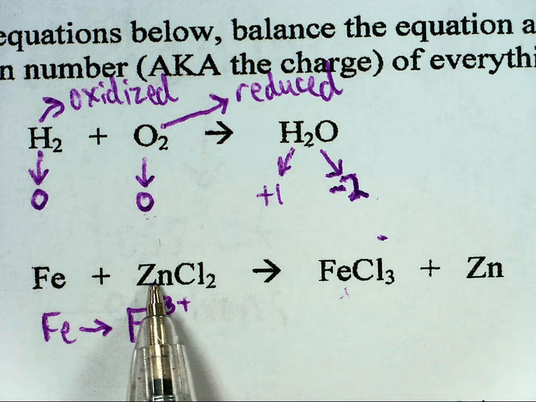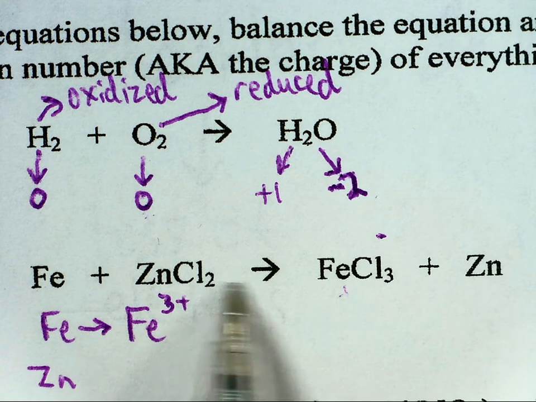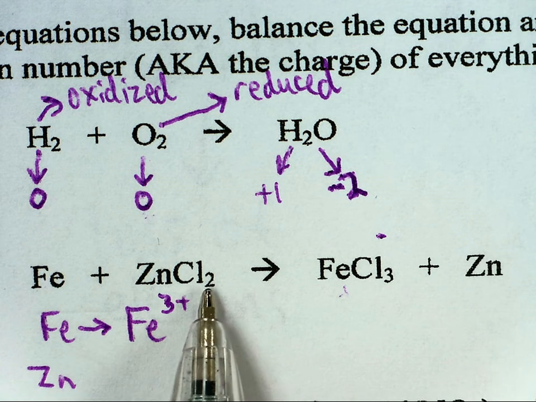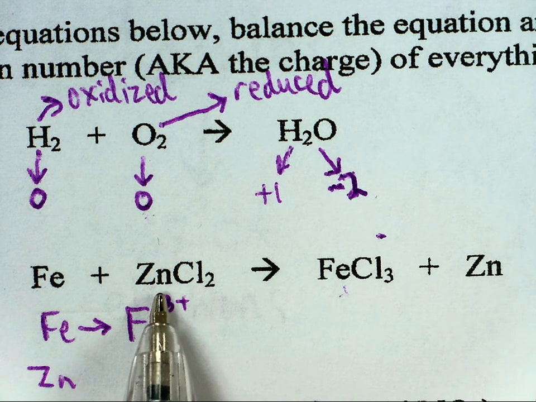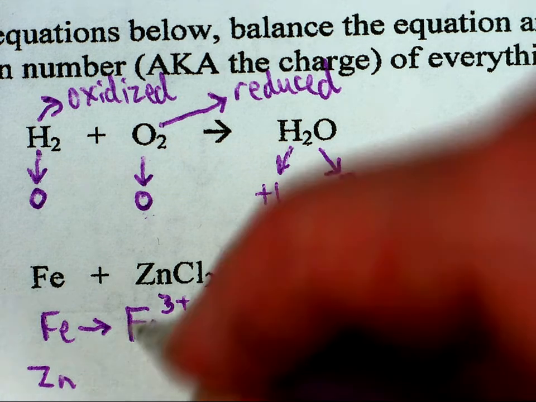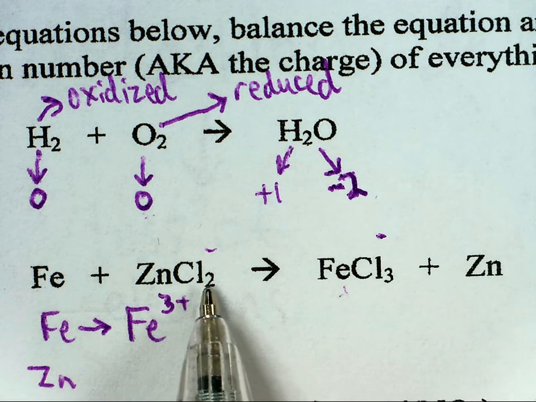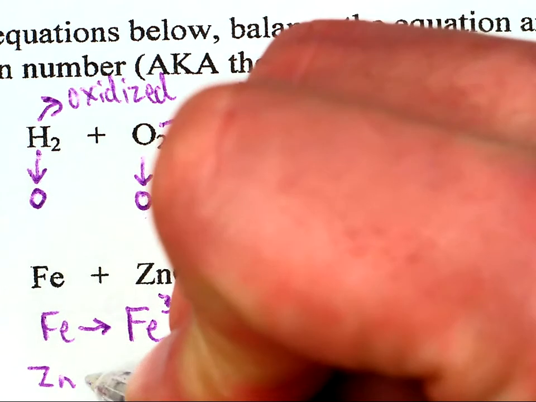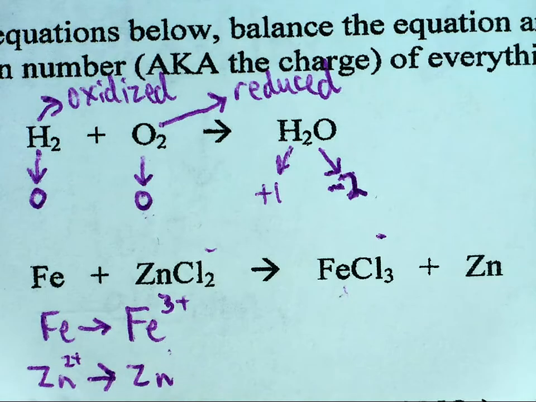Alright, let's look at the zinc at the beginning. How did zinc begin? Not neutral, because it's not an element by itself. Zinc began bound to 2 chlorines. So even if you didn't remember the charge of zinc, you're supposed to remember the charge of zinc, but even if you didn't remember, chlorine has a -1 charge. And if you have 2 chlorines, that means it's got a charge of 2, and zinc's a metal, so it's 2+. Zinc had a 2+ charge at the beginning,